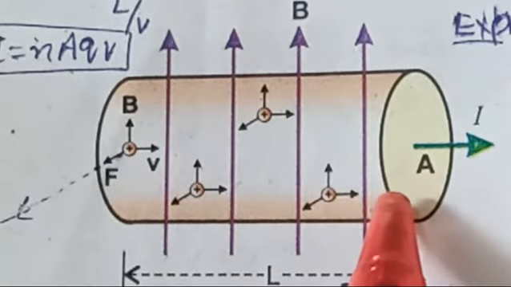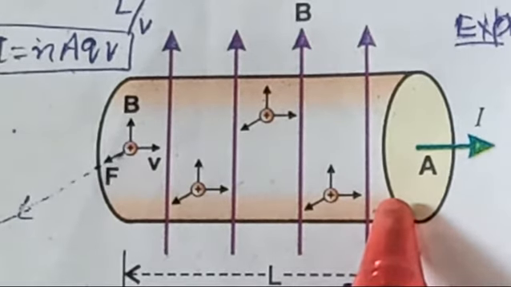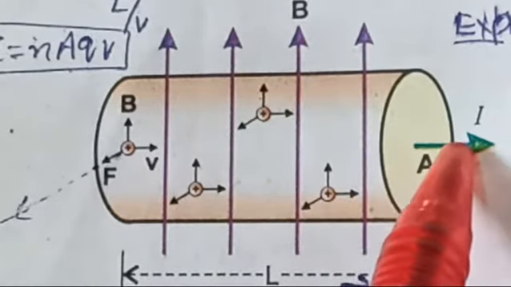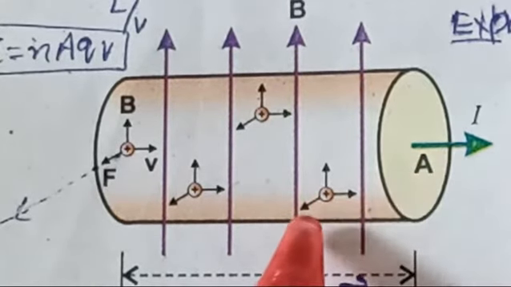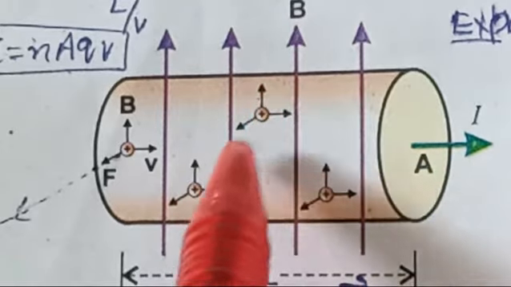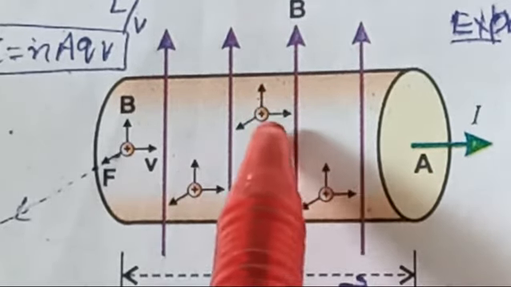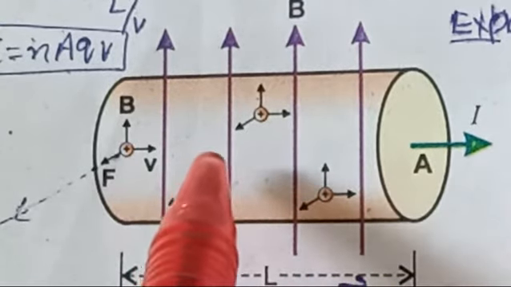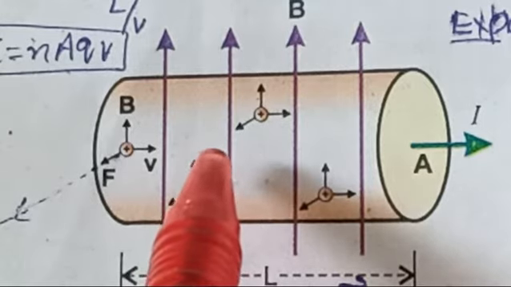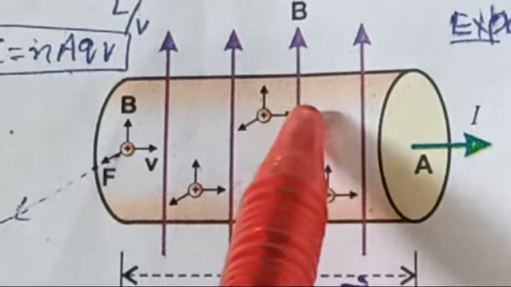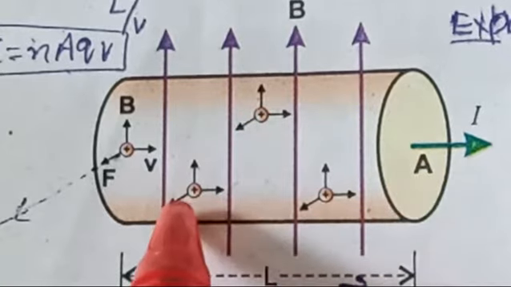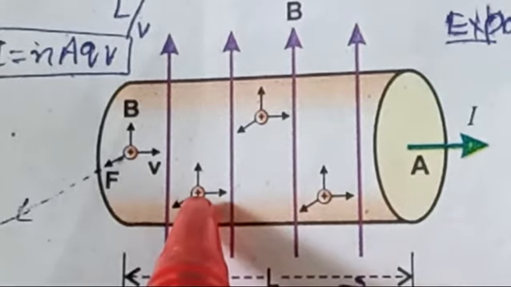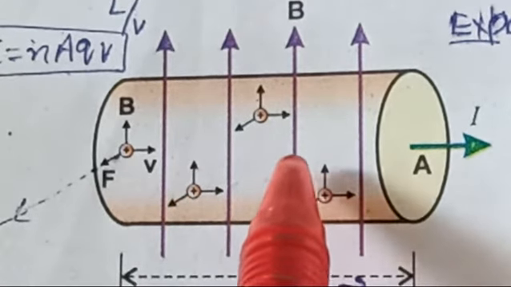What we are going to do is find the force, right? Suppose current I is passing through this wire in the presence of magnetic field B, and there are n charge carriers per unit volume: charge 1, charge 2, charge 3, charge 4 and so on. n positive charges per unit volume of the wire, and each charge is moving with velocity v. Charge 1 is moving with velocity v, the second charge is moving with velocity v, the third charge is moving with velocity v, and the nth charge is also moving with velocity v.